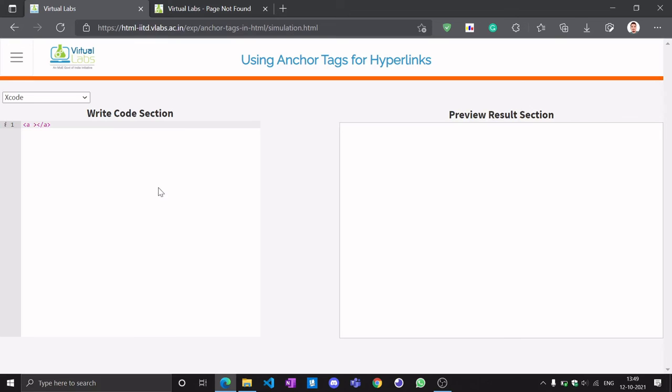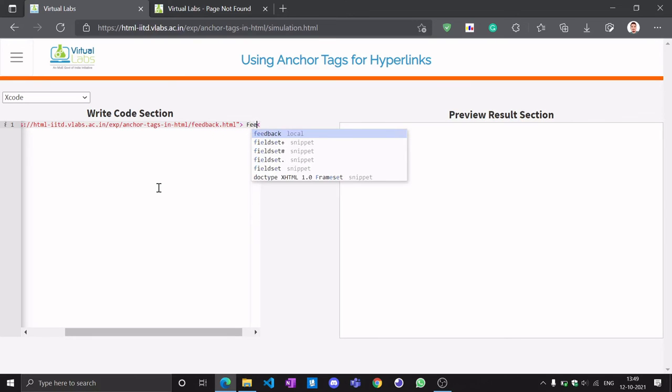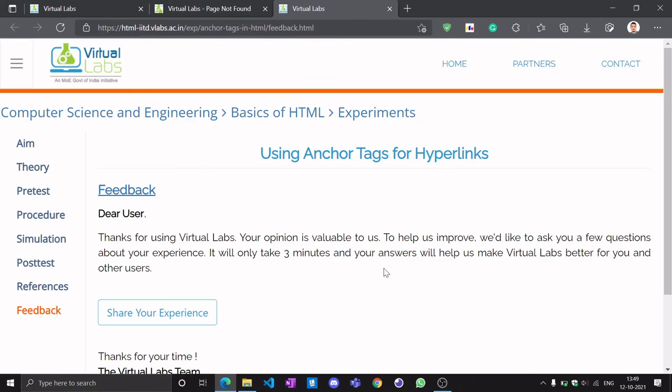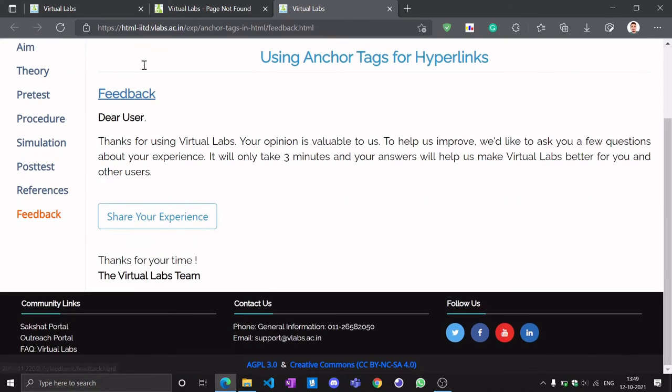And we will mention href, and we will make the feedback. So now this anchor tag has been created, and if we click on the feedback, it will redirect us to the feedback page.